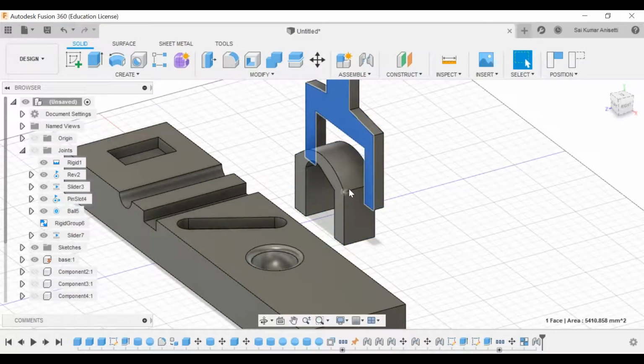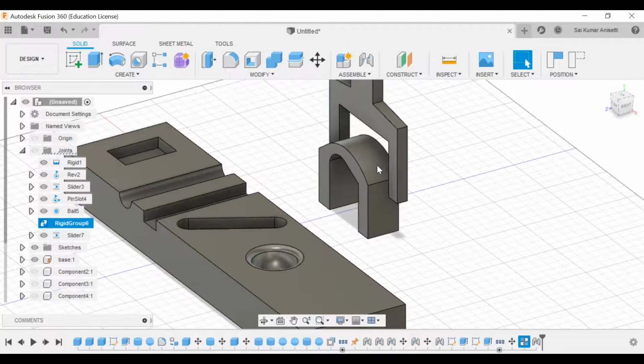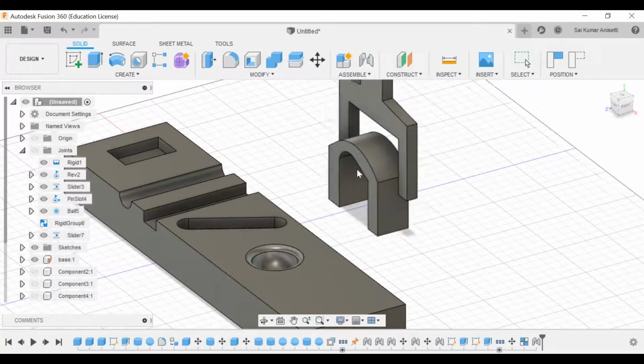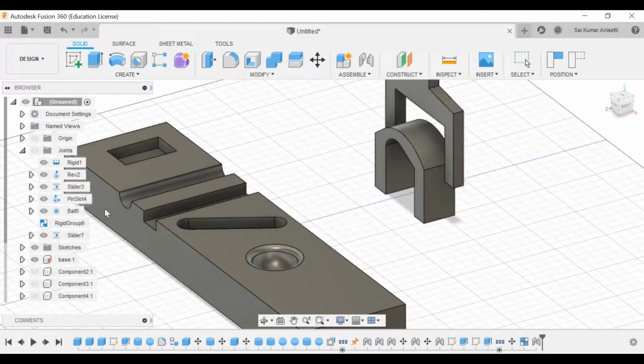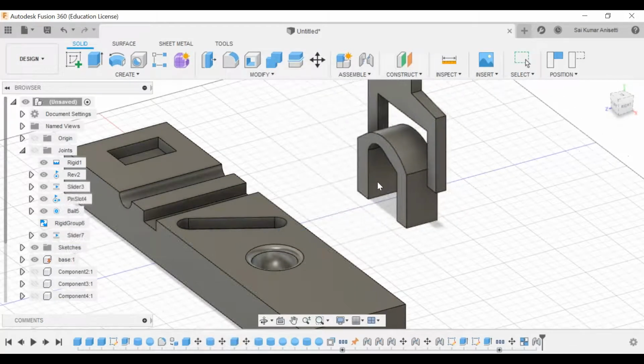If I have 10 to 15 components and I want to group those components and move them as they are, then I can create this rigid group, and if I click one particular part and move it, all the other given parts will move. But the sliding motion is given only to this particular single joint itself.